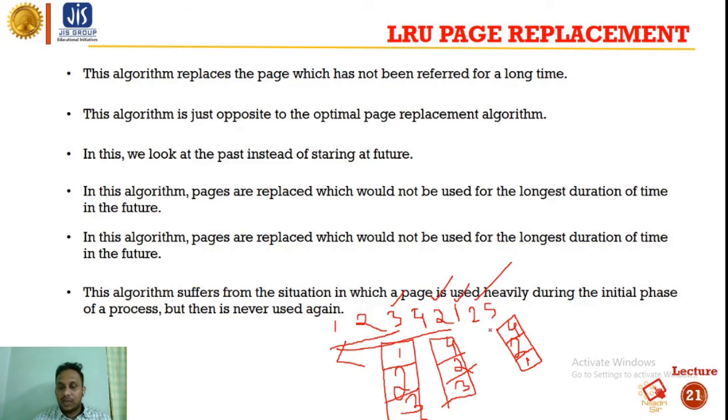Okay. So 4, 2, 1 is here. This is 2, this is 1, this is 4. So which one is the oldest? 4 is the oldest. So 5 will be replaced with 4. So 5, then 2, then 1. Okay, so this is the LRU page replacement algorithm. In LRU, the page that was used earliest will be replaced. This is the opposite of the optimal page replacement algorithm, but there is a similarity with first in first out.